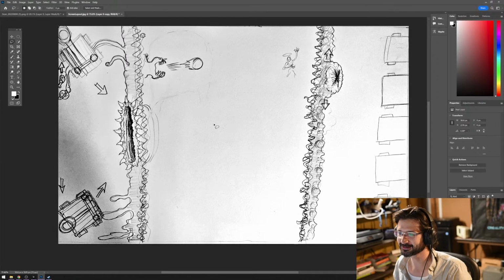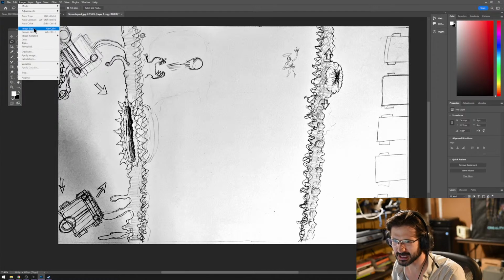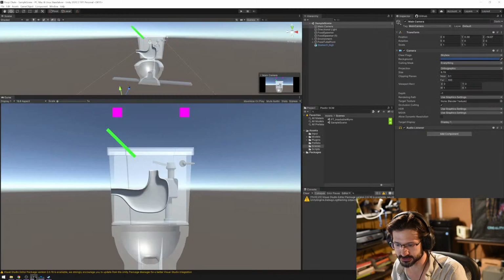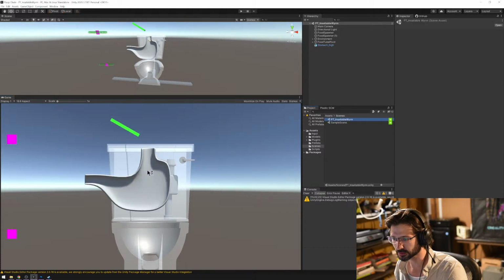So here we have the general concept of what I want the background to look like. So let's go ahead and save this out. Now the size of this is going to be important because I'm not sure right yet. Let's go to, so we have PT, which stands for prototype in my naming convention, and then underscore insatiable worm is what I was calling it at that time. We'll open this scene up